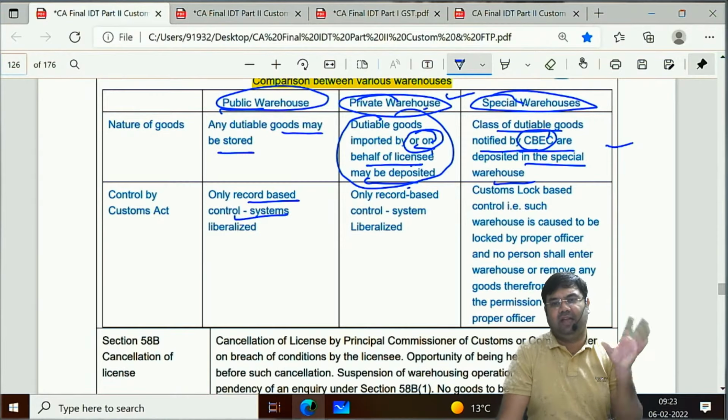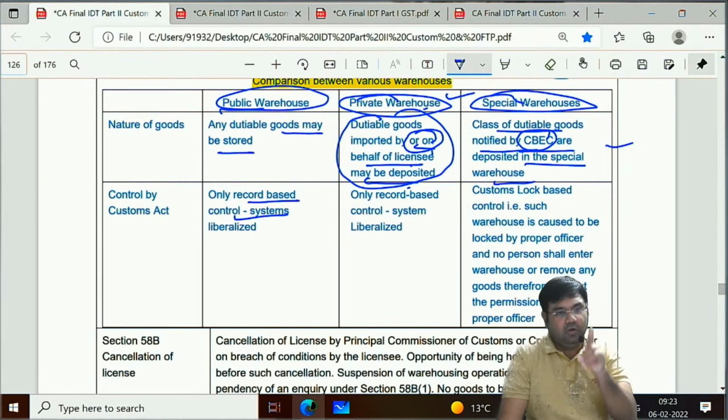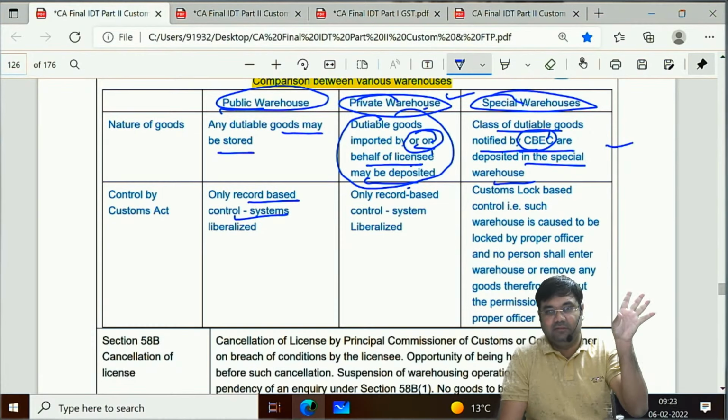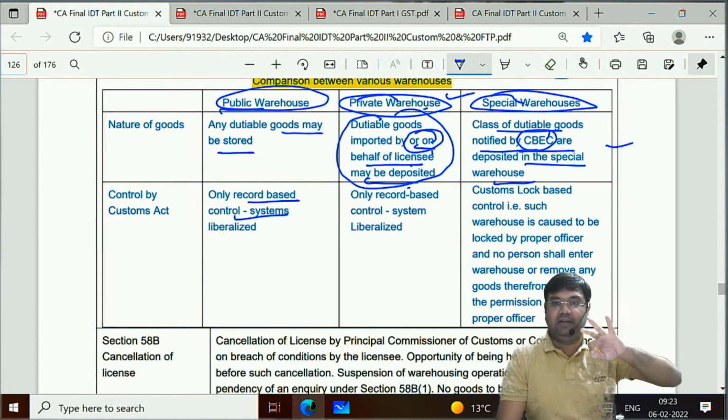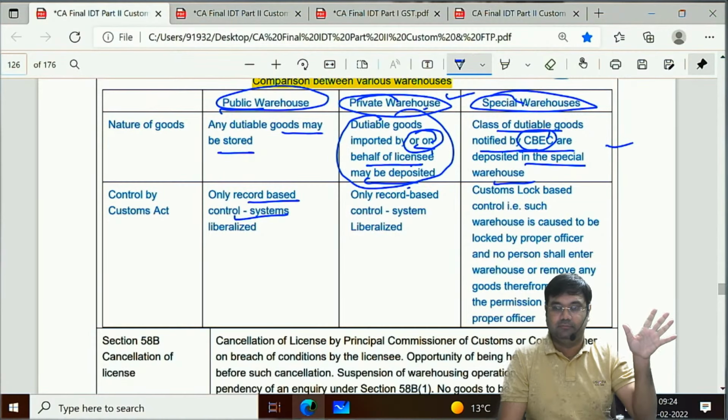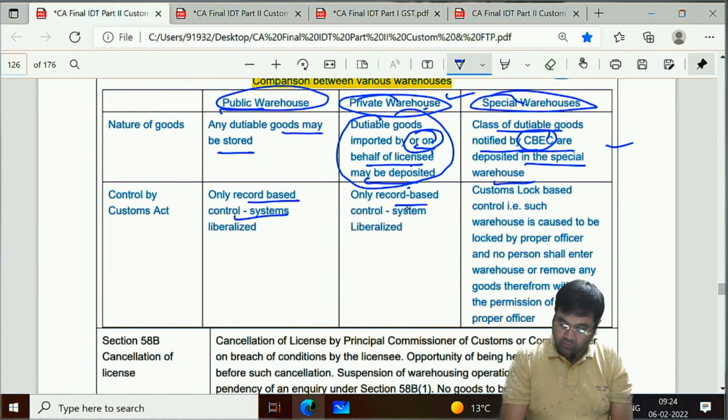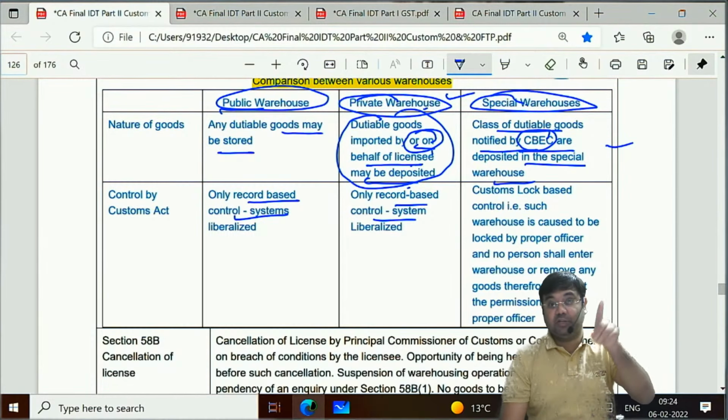Record based control, like in books, we normally show, okay, this inventory is there. So record based control, physical control custom department is not going to have in public or private warehouse. But in case of special warehouse,